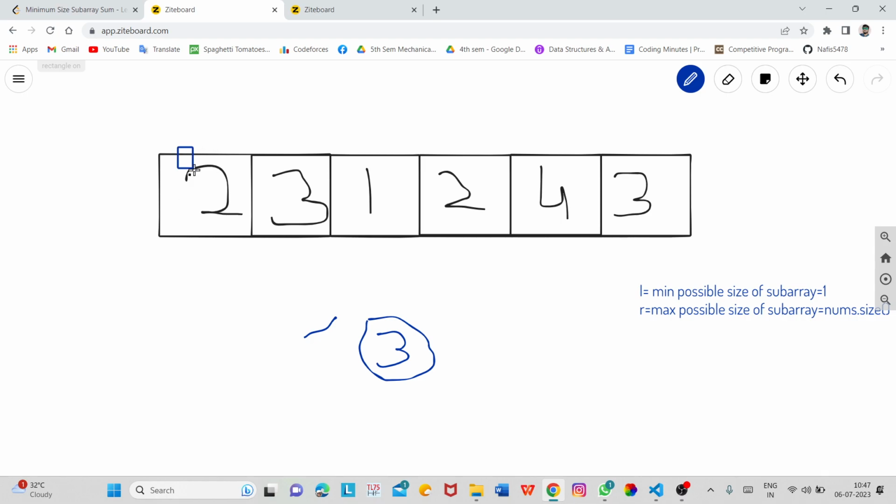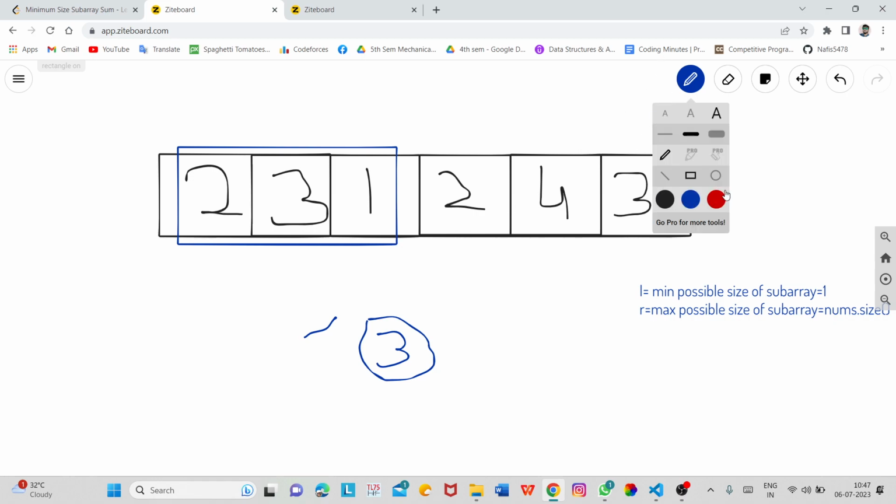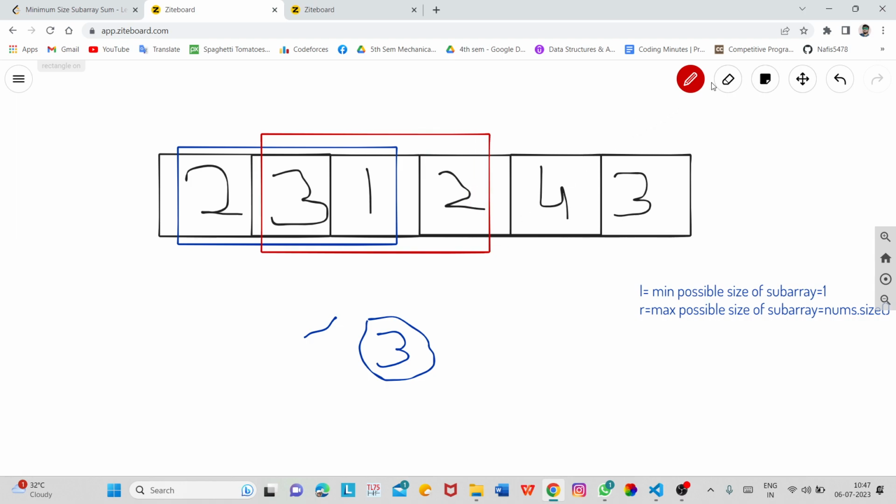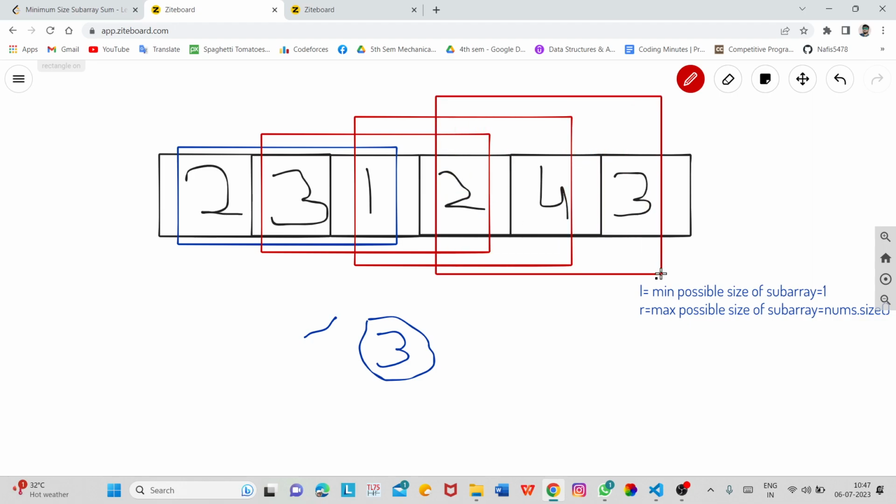For this length, our subarray can be this, our subarray can be this also, or we can have the subarray this also, or we can have our subarray as this also.